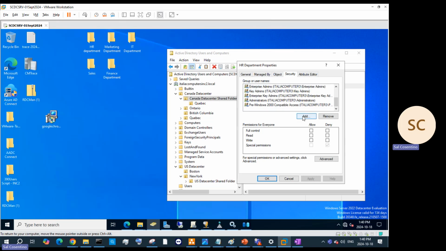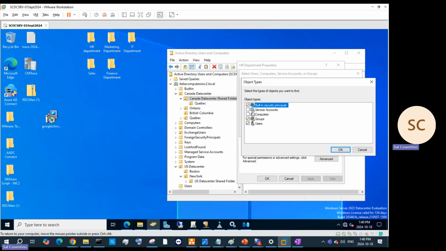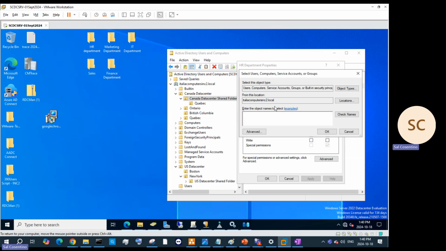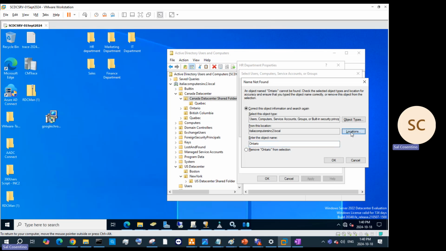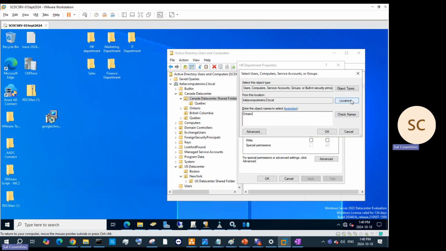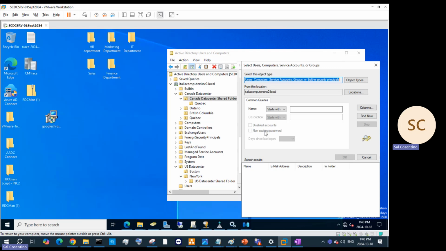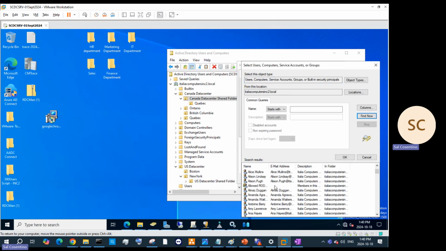and we can give a different control here for the specific group. So I can add a specific object or a computer or a service account. So in this instance, I want Ontario. I want to go back to my locations. Okay, sometimes it doesn't work, but what I do is go to the advanced section and I just find now, and I should be able to find that group based on the results that I found. And I can find like here cubes. I can find all the